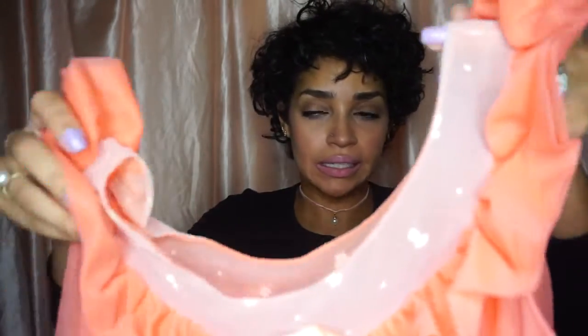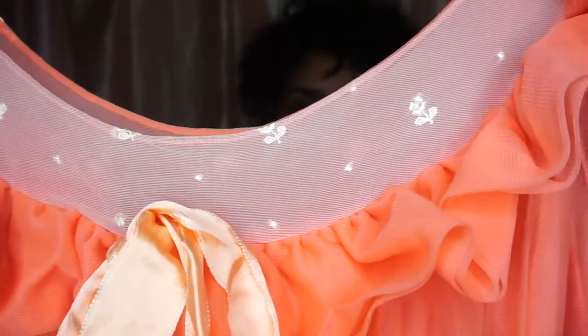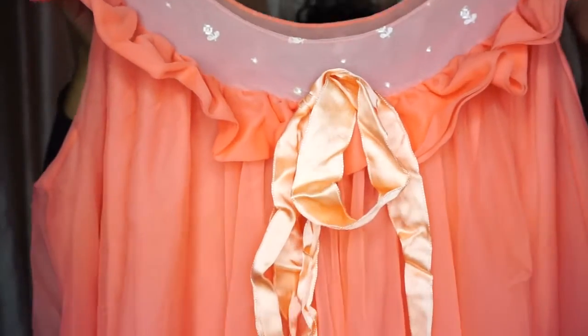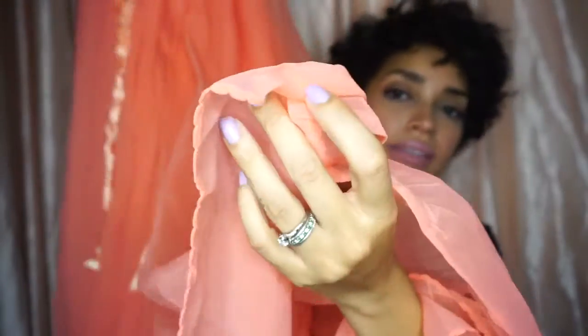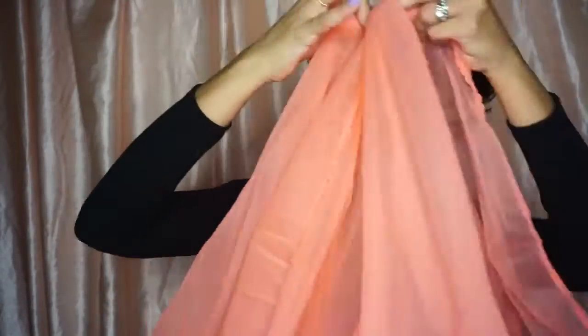So it just has a sleeveless, again detail at the neckline with some stitched floral pattern here and polka dots, and then coming out it is just very layered and flowy, and it has a little bit of detail at the bottom. It's so hard because there's so many layers of it. Here's the detail at the bottom that I can show you. So it's lightly scalloped at the bottom, but let me show you what I mean by layer. There's one layer, two layers,